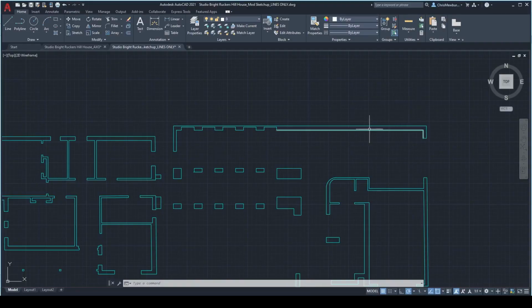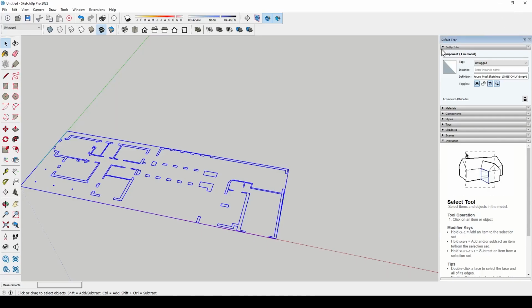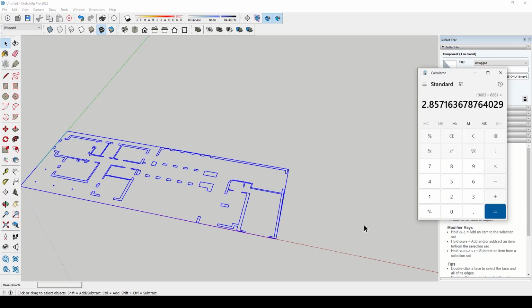We're dividing that number by the number that it comes in SketchUp. In some cases, your answer might be smaller, which means your drawing needs to get smaller. But if it's bigger, like mine is, it means it needs to get bigger. Okay, so let's scale this by